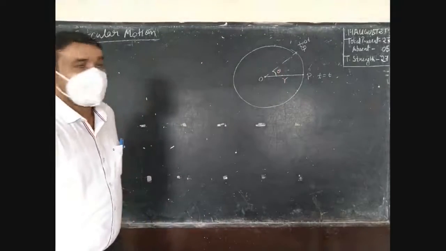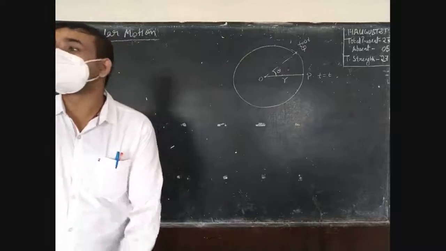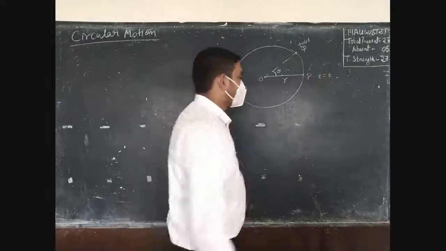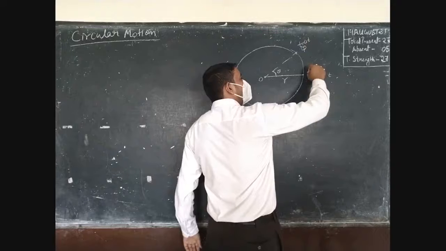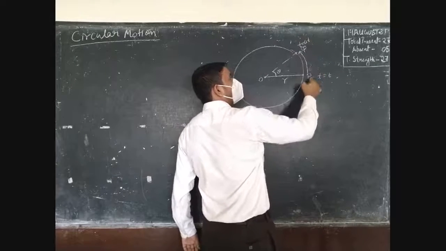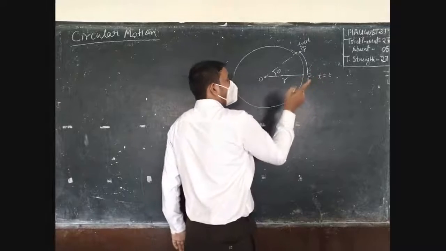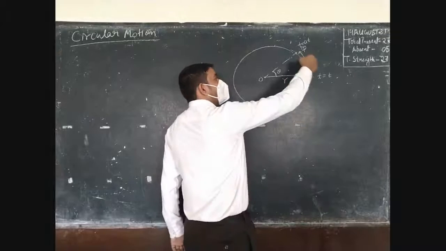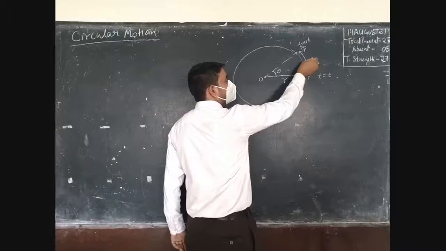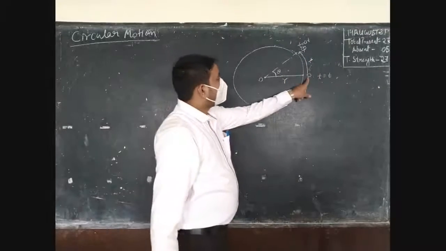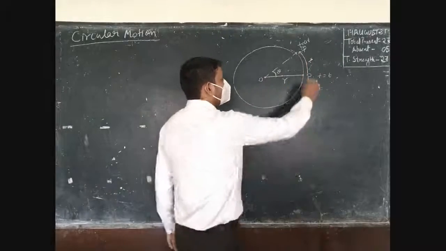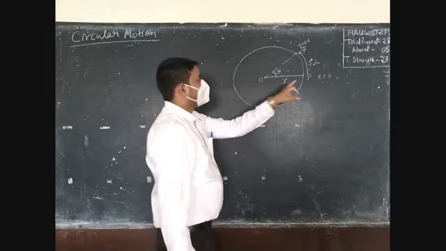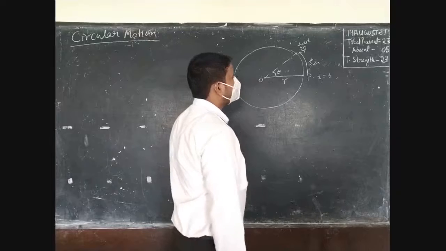Now here initially we use some terms. The particle is moving with the linear velocity, which acts in the direction of the arc P to Q. By doing so the particle moves from P to Q. It covers a linear displacement equal to x according to the linear velocity, and the path is at distance r from the center, which is the radius of the circle.